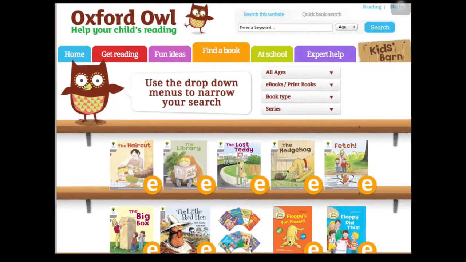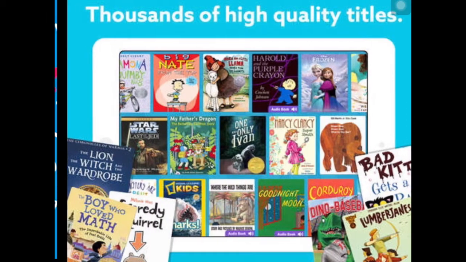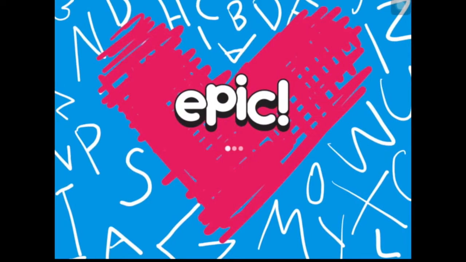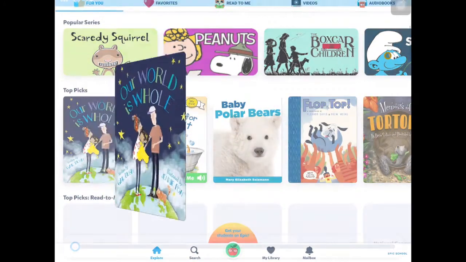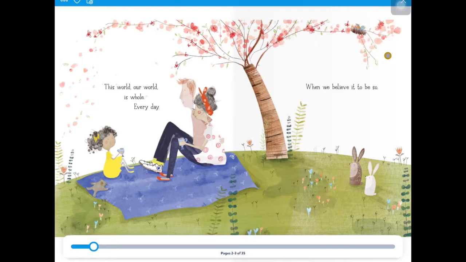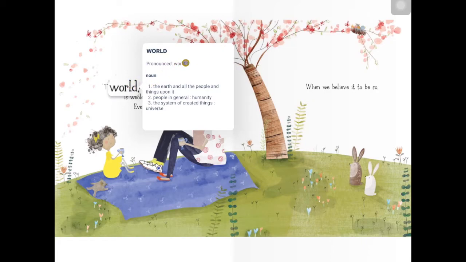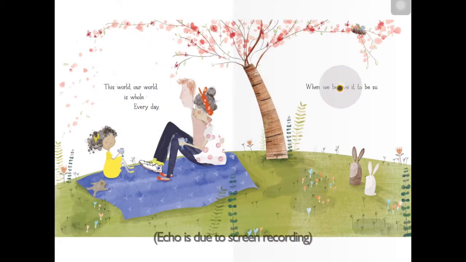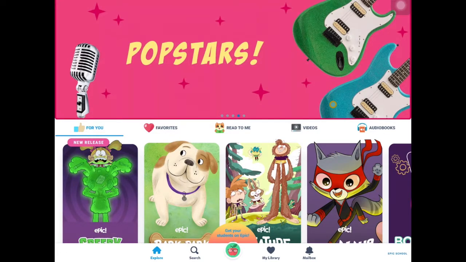Because there's things such as Oxford Owl have loaded their books online, which is great. Accelerated Reader, of course. There's Reading Eggs, and there's Epic, which is one that we've just started using in our school for a year group or two. Children can choose a book much the same as all these other ones, and they can read it. If they don't know a word, they can hold down on it and it'll pronounce it for them. It'll give them a definition of it. So there's loads of accessible material out there for you to go and explore,